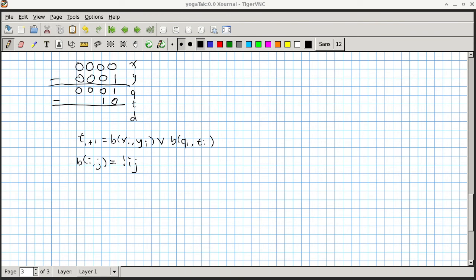And then we look at 0 minus 0. B of 0, 0 is going to be a 0, so no problem there. But the b of 0, 1 is going to be a 1 because we have these two being ORed, so that means we end up with a 1 over here. And it's going to be the same argument why we have a 1 over here, and the same argument why we have a 1 over here. So that means we do end up with b of 4